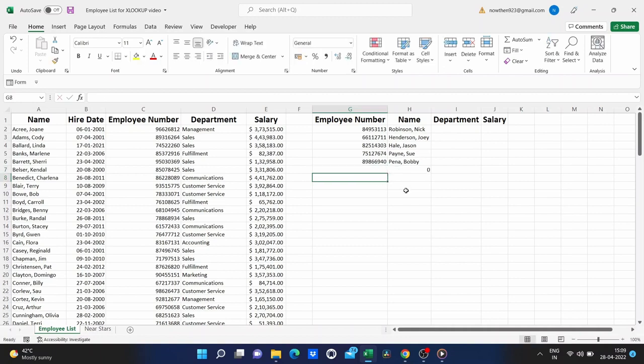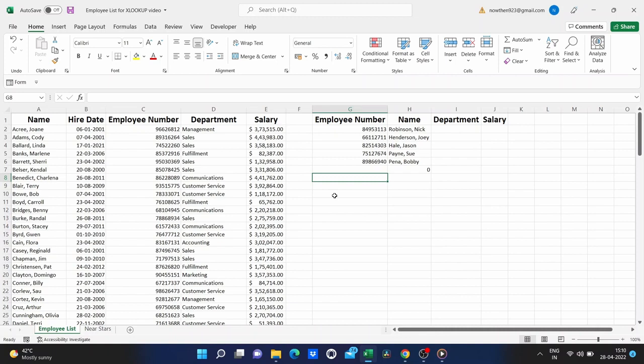Now what I just demonstrated, using XLOOKUP to take an employee number and look to the left to find out the employee name, was not possible to do using the old VLOOKUP. VLOOKUP is not capable of looking left to get its information. It has to look to the right. And so, that's one of the nice things about XLOOKUP. It doesn't matter if it's left, right, up, down.